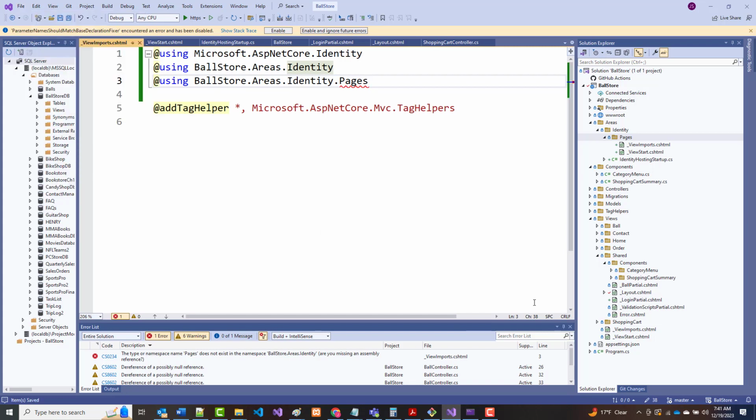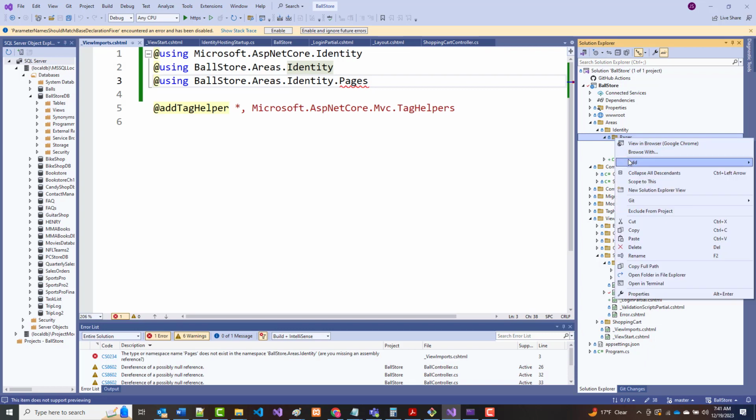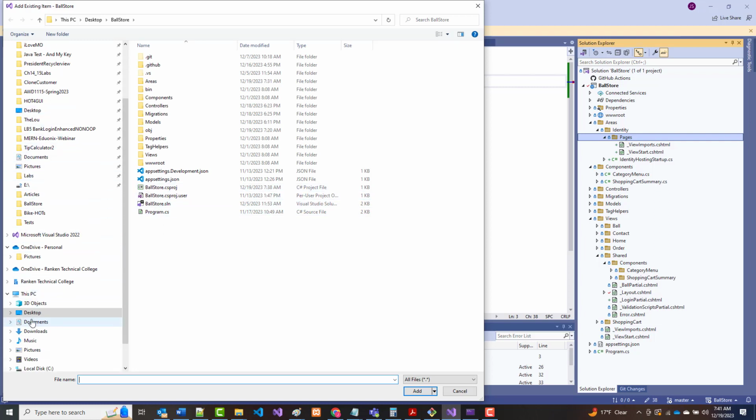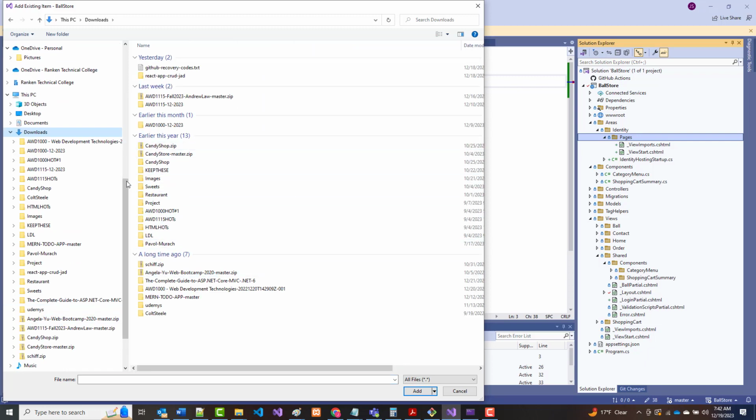Now, there is a validation scripts partial that was in there that we don't have. All right, so I'm going to come in and try to copy that. Like I said, the biggest problem with coming in and trying to copy this is it could be outdated. But I'm going to try it anyway. So I'm going to come in here, pages. I'm going to say add an existing item. And I believe this is my downloads,